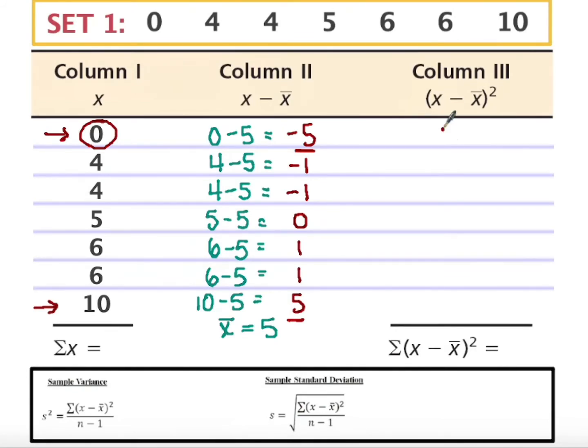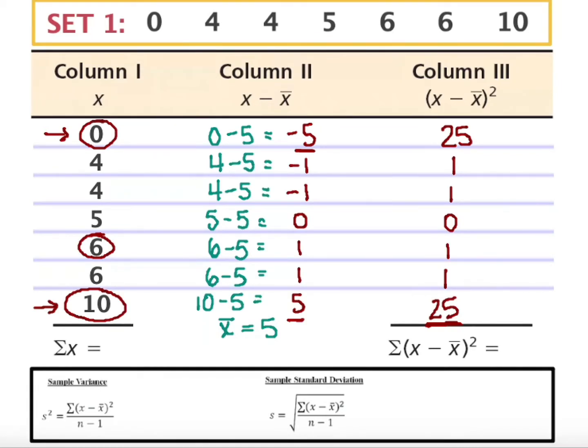So negative 5 squared. Negative 5 times negative 5 is 25. Negative 1 times negative 1. So if we square each value in column 2, basically that's just taking away all of those negative results, right? These numbers that were further away from the mean are now represented as much larger numbers. The ones that are closer to the mean stay pretty small. So that's just giving us a calculation that shows how far our numbers are away from the mean,